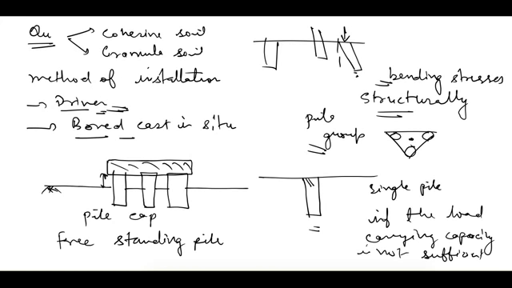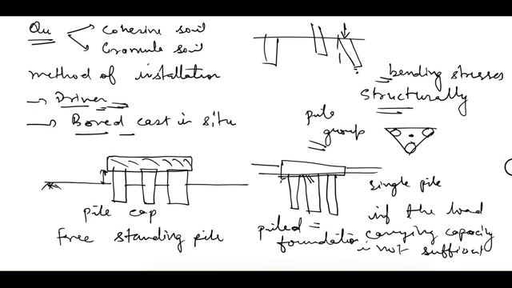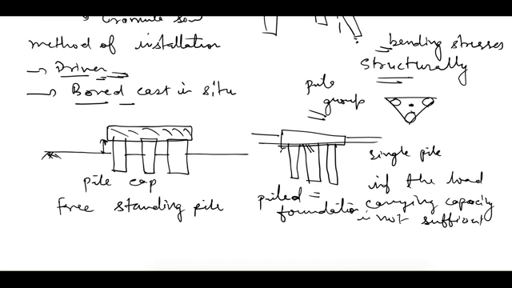Whereas if the ground surface is somewhere here, with our pile group and the pile cap at this level, or if the cap is below this level, that means the ground surface is above it, then we call this a piled foundation. That is the difference between the two. Sometimes we have kept our surface at this level, so during flooding or something this part of soil may wash out and this shape will take place. That means a pile foundation may become a freestanding pile.